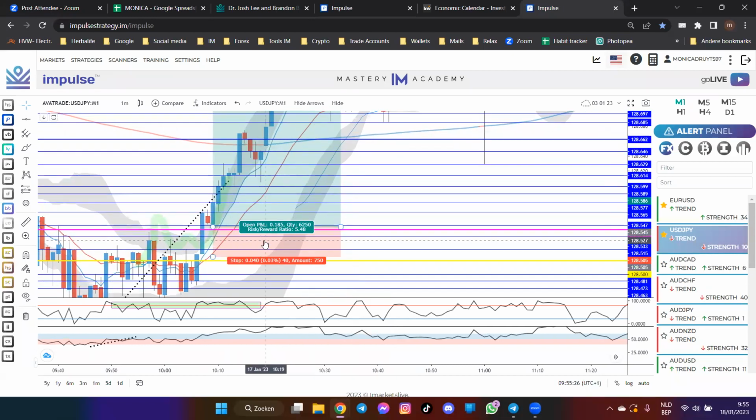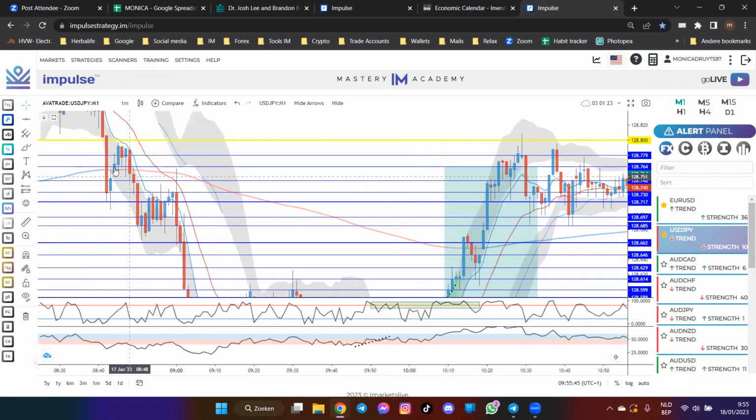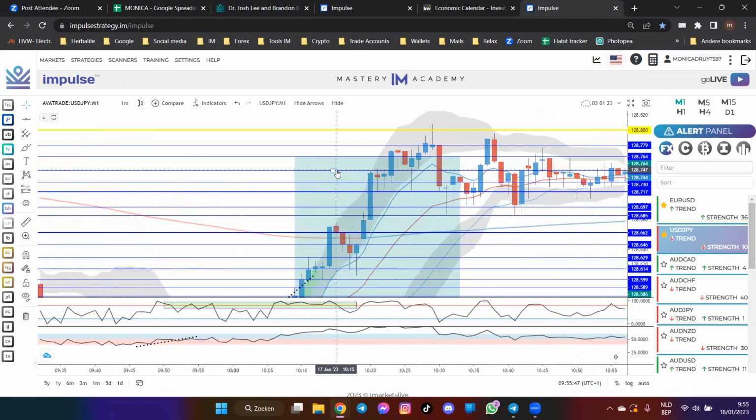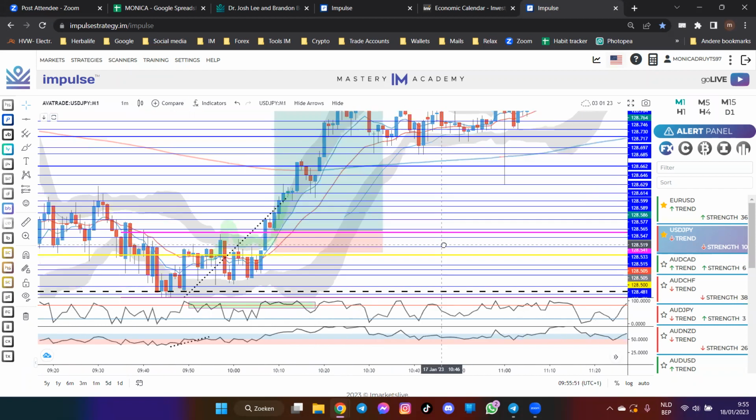I did it with a 3 pips stop loss in my MetaTrader, calculated for lot size. So if you just write this up, I expected it to come all the way to the institutional level, but I never ride it until there because you can have a reversal here and come down again. So for this little bit of space, you don't want to risk that. Select a point, the previous point of structure, you put it there, and then you have your trades. And these for me are perfect entries.